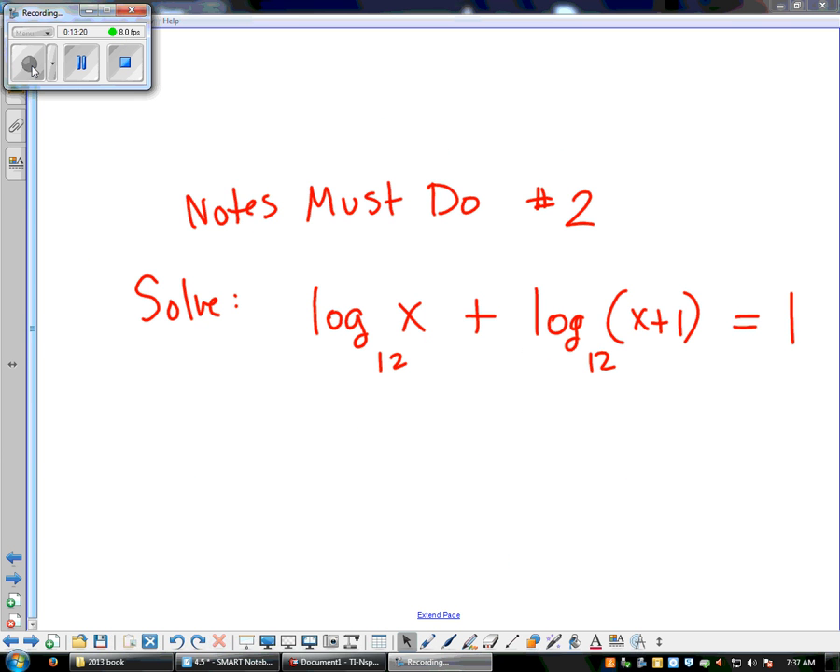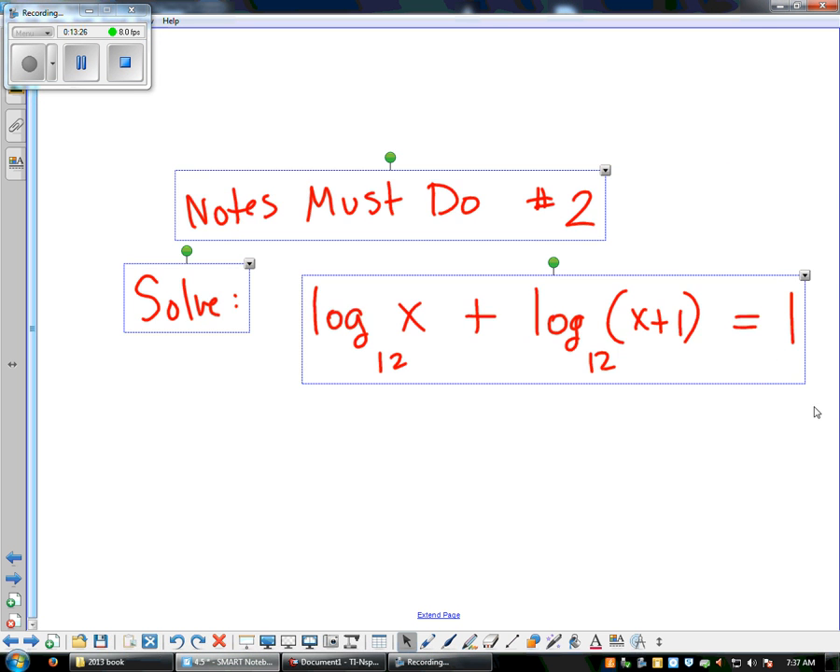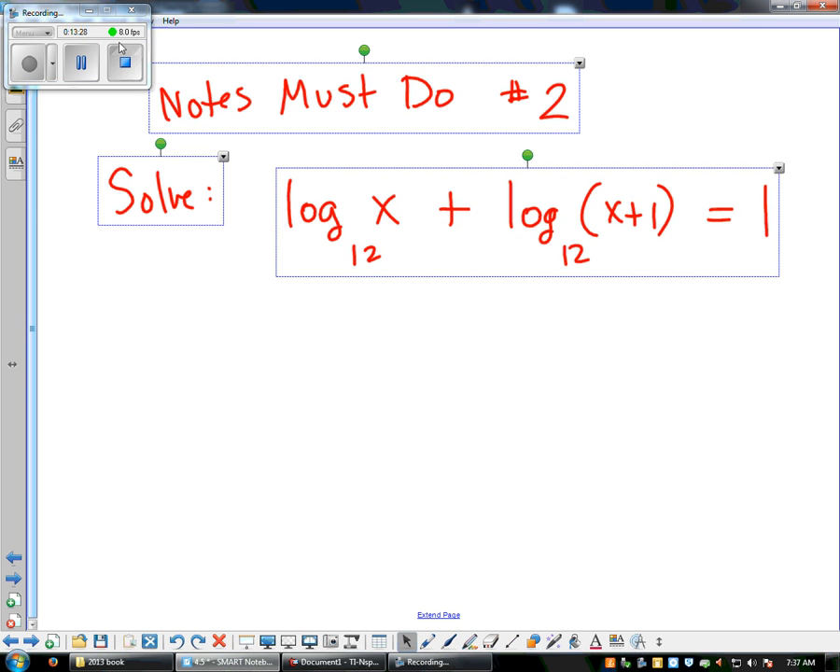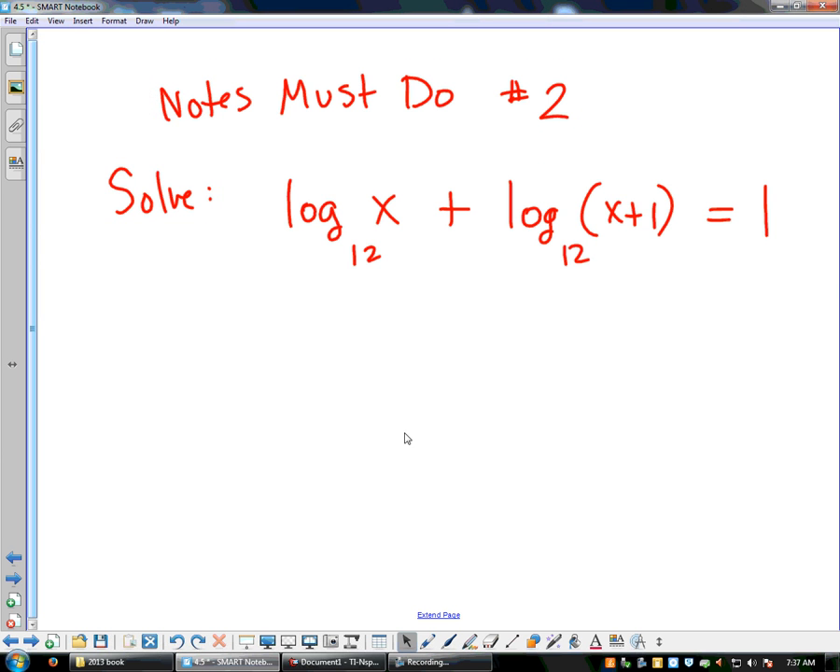Okay, let's do one more. This is actually for you to do. This is your notes must do number 2. I'm asking you to solve this equation. It's a logarithmic equation that you're solving. Log to the base 12 of x plus log to the base 12 of x plus 1 is equal to 1. And my suggestion for you on this problem, just to get you jump started,